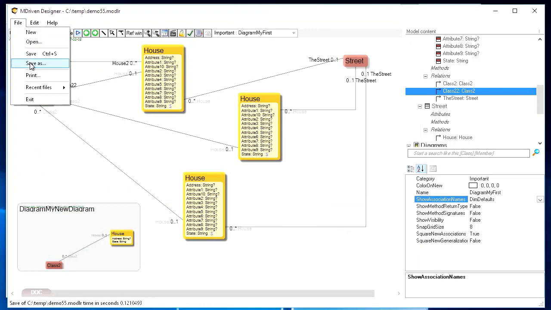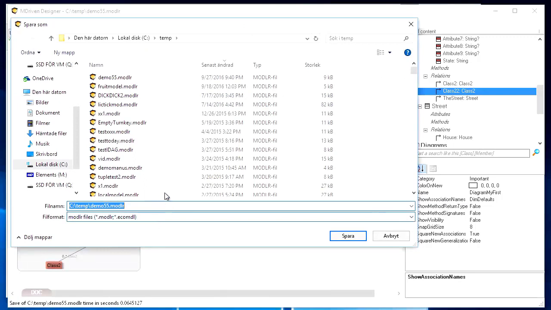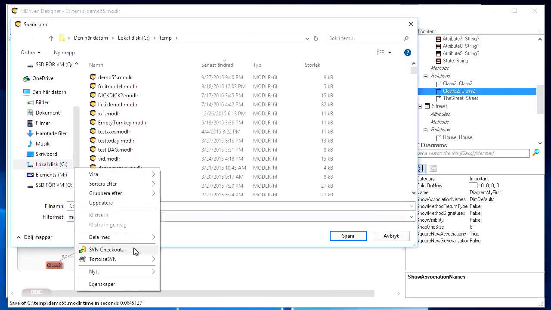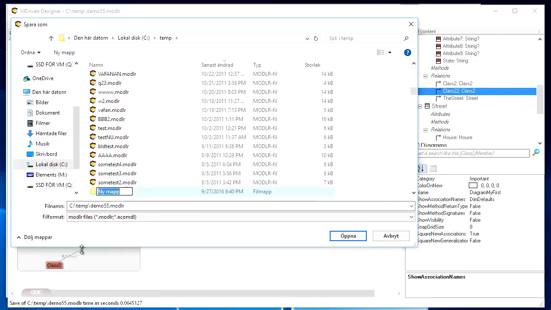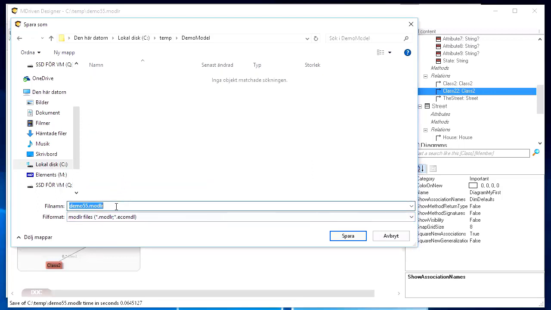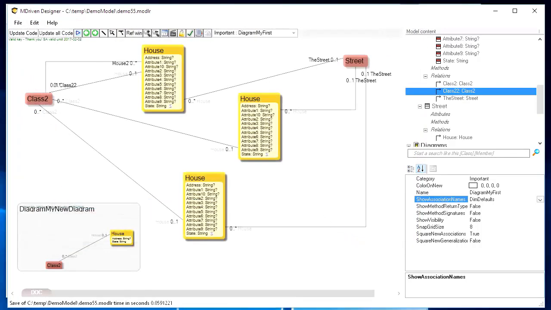When I save, I'm going to do it like this instead, and save as, and we're going to do a new folder, demo model. And if I save it as a modeler file, what happens then is